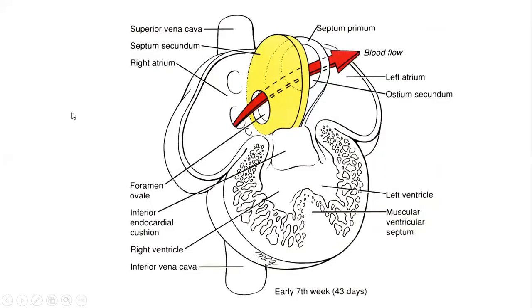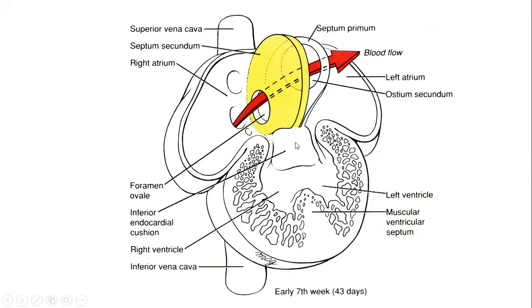So this is how it looks. The right atrium is communicating with the left atrium. All the deoxygenated blood coming from the superior vena cava and the inferior vena cava is supposed to go into the ventricle and from there into the lungs and get oxygenated. But because there is no proper development, now the deoxygenated blood is directly going into the left side, and from there it is pumped into the different parts, but it is deoxygenated. So it leads to less supply of oxygenated blood.